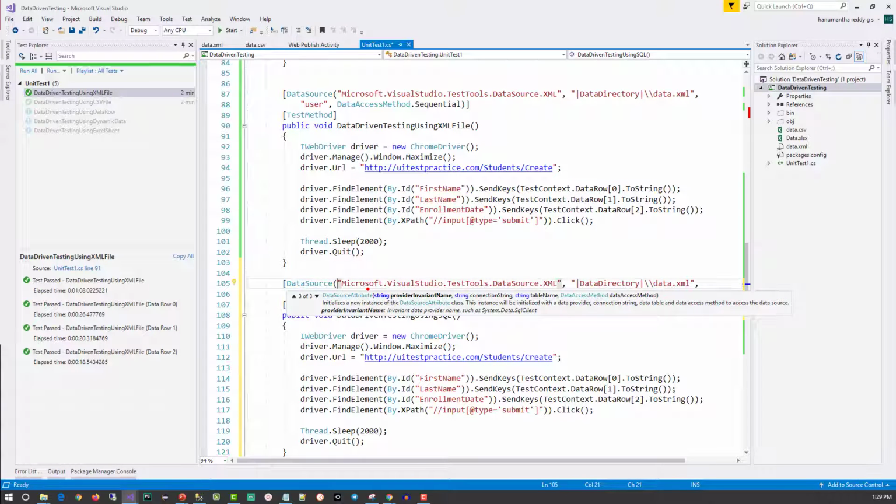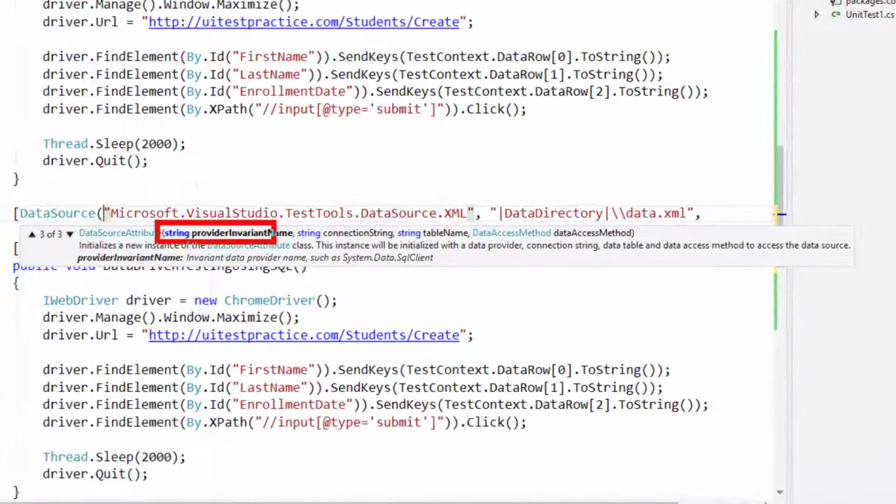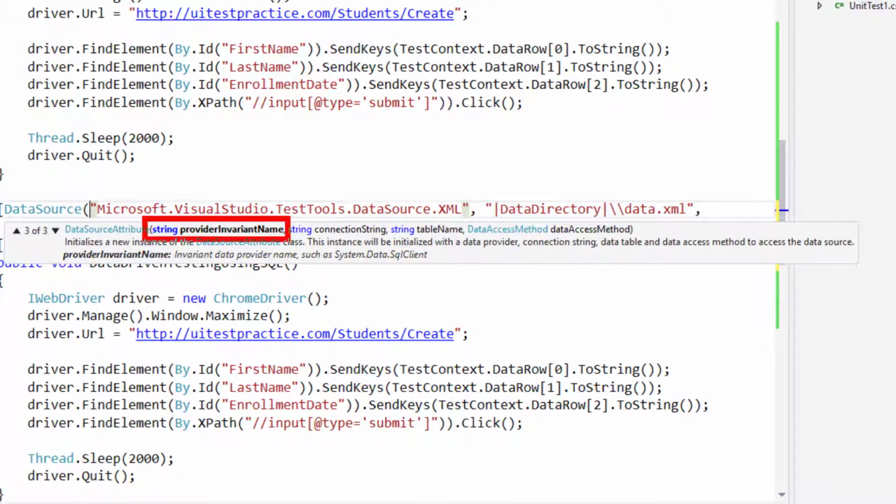Data source method has 4 parameters. The first parameter is a provider invariant name. We have to specify who will read the data from the SQL. The second information that we have to give is the connection string.